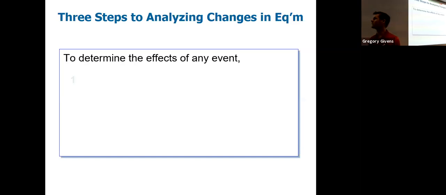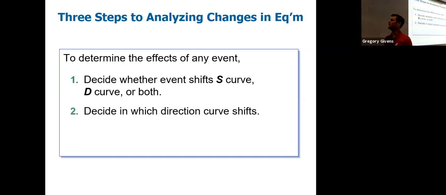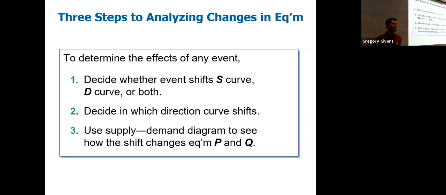It's a pretty straightforward type of question. I would encourage you to go through these systematically. And I think for beginner econ students, it's easiest if you apply a three-step rule. First, decide whether the event that I'm describing affects or shifts the supply curve, the demand curve, or possibly both. Then ask yourself, in which direction does the curve or curves shift? And then use a simple supply and demand apparatus to see how that shift is going to change price and